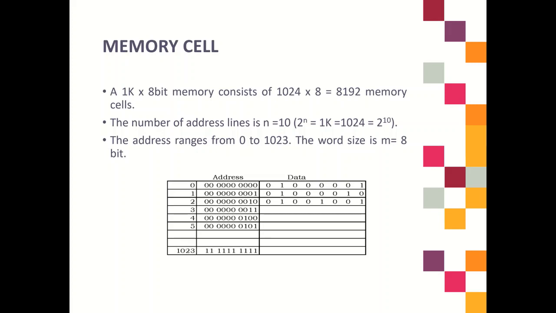Okay, so we look at another example of how we can determine the memory components. For example, you are given this memory component, 1K times 8 bit. This is actually the real memory component, and the value of your memory component is given by using a value, or the unit of your memory,